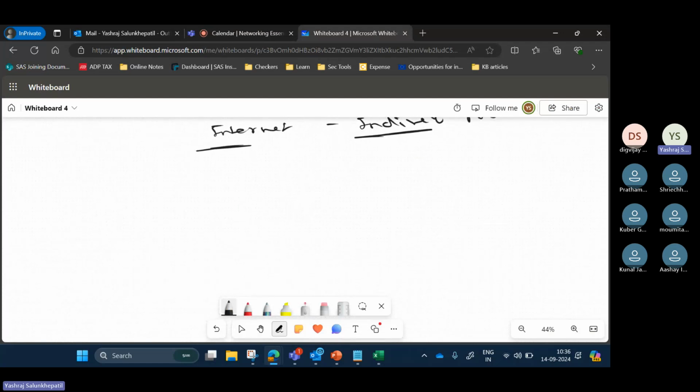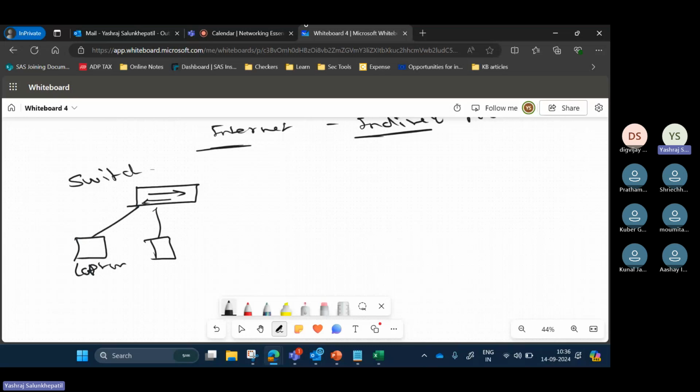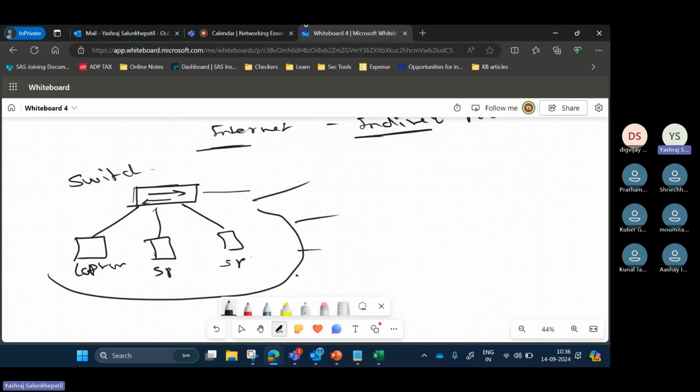So how it will look is basically there will be a switch. A switch is represented by these two arrows. It's the most common representation, there can be others, but for basic understanding, the switch is this. Here there will be my laptop, my smartphone, my parents' smartphone, and so on. These are connected to the switch, and all of these devices are connected to the internet via Wi-Fi and so on.